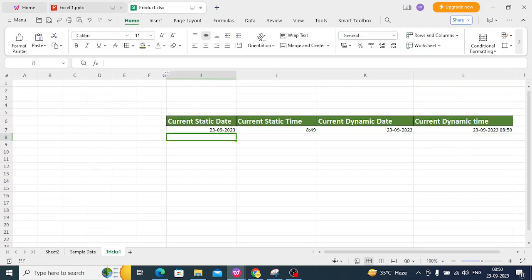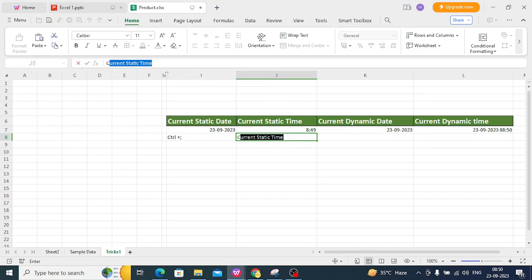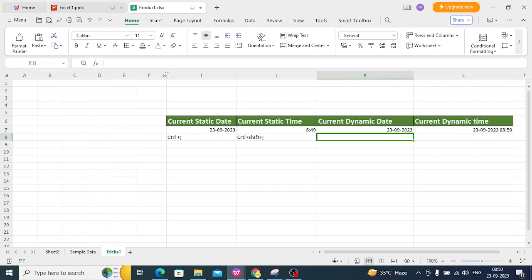I'm writing this here. Control plus semicolon, Control plus Shift plus semicolon, TODAY,